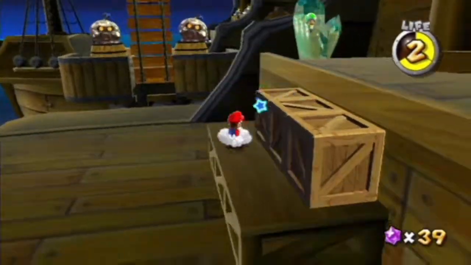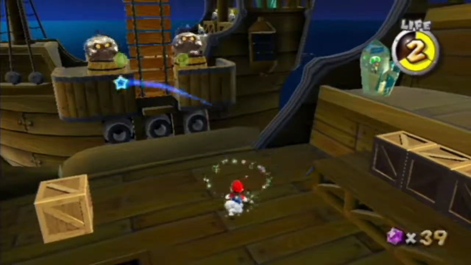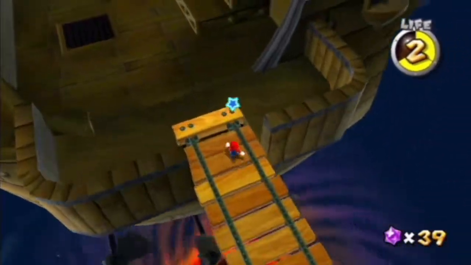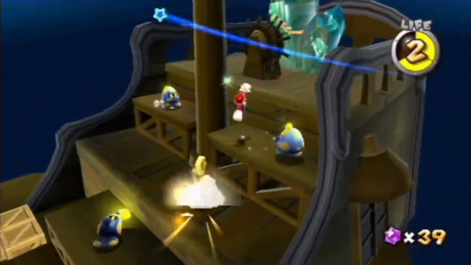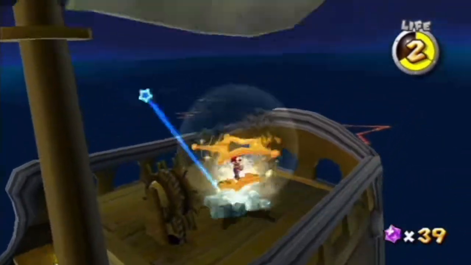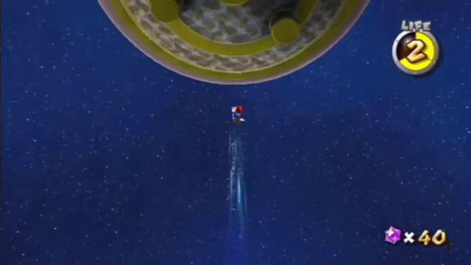Now you have these two guys, and they'll shoot melons at you. Double shot! You spin the melons, and they home in right back at them. But anyways, so now we just need to get up to the end of this ship. It's weird how a crystal was piloting it, but anyways, so now it's gonna launch us up to this planet,